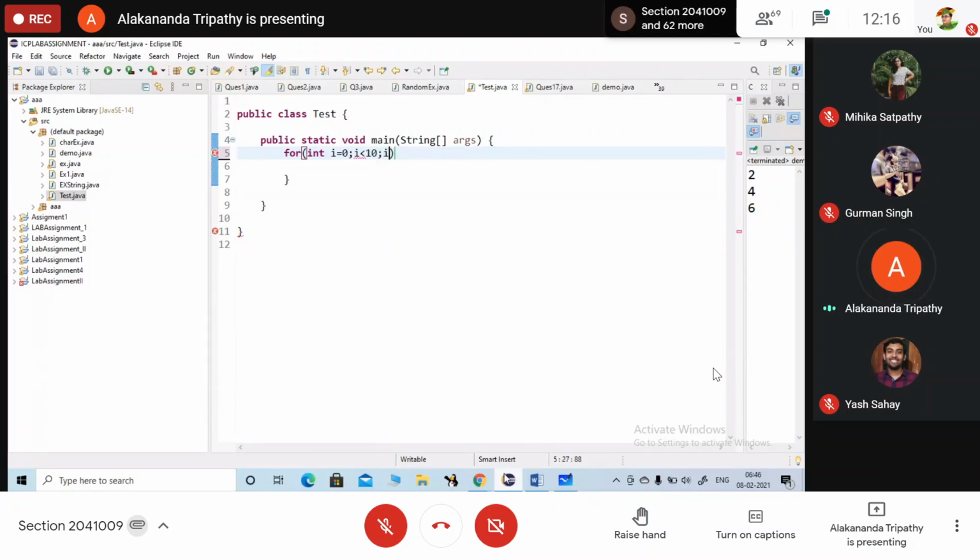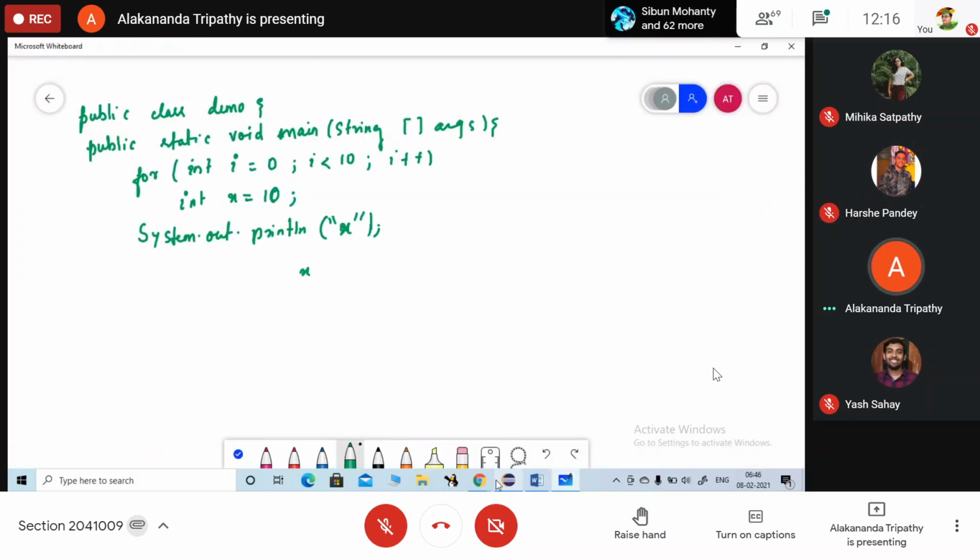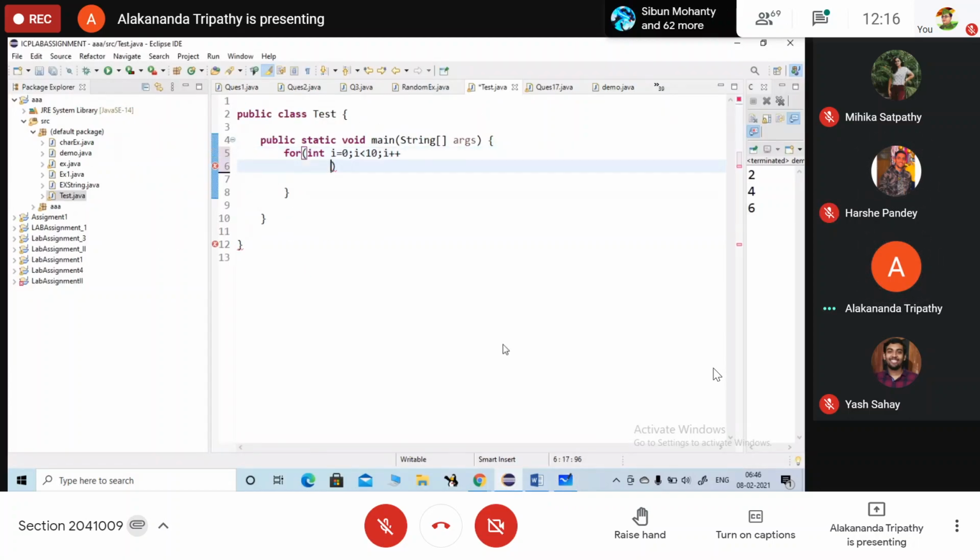Then, sorry, int x is equals to 10. Here x in inverted commas. So here, do you find out the error that is coming?